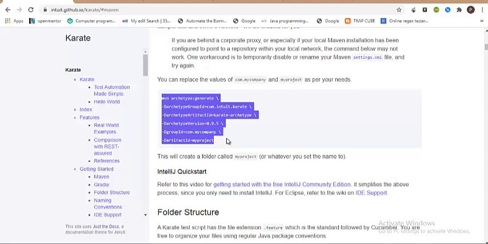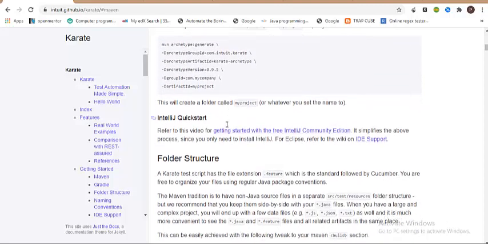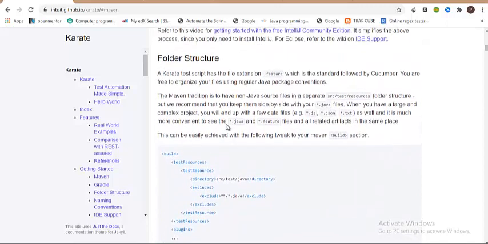And when you open this, you will have everything ready. The pom.xml is created, and you'll have a sample feature file and a sample runner file. You can execute and see, so all that happens when you actually use this template. And what they're telling, in the sense,